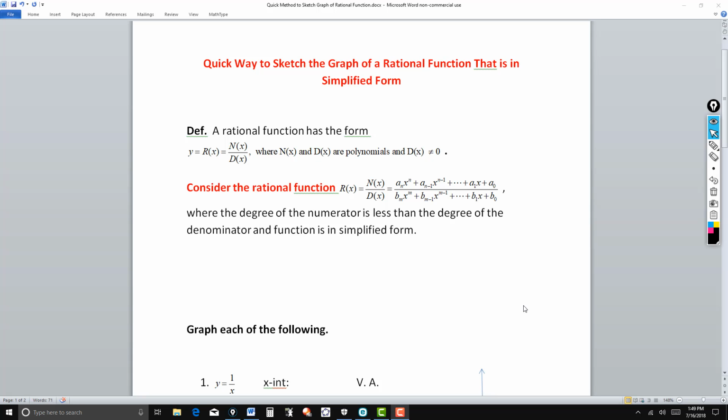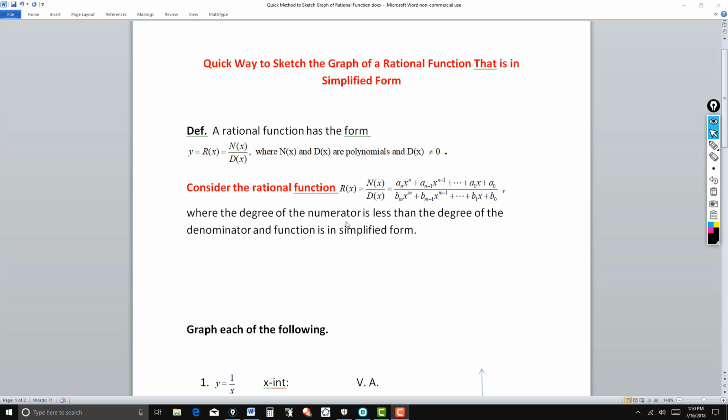In this video, I'm going to look at a quick way to sketch the graph of a rational function that is in simplified form. A rational function, here's the general definition, is a function of the form n of x over d of x, where n and d are polynomials, and of course the denominator cannot be 0. For this particular video, we're going to consider the rational function r of x defined this way,